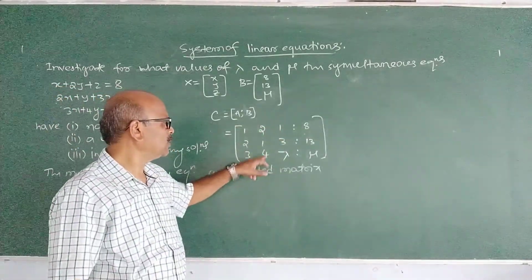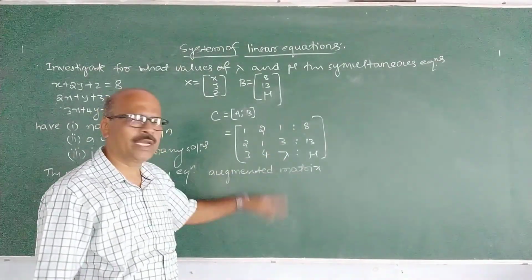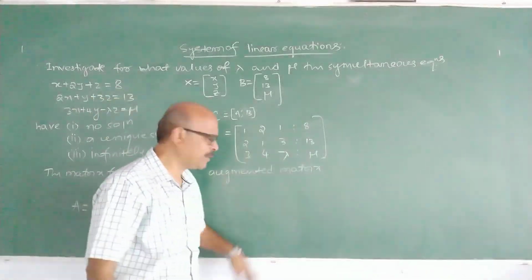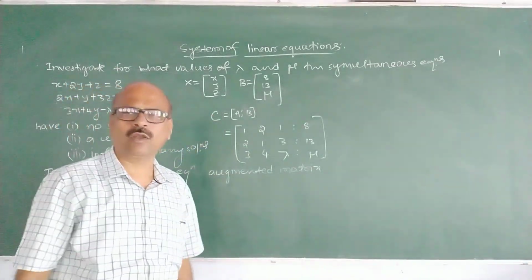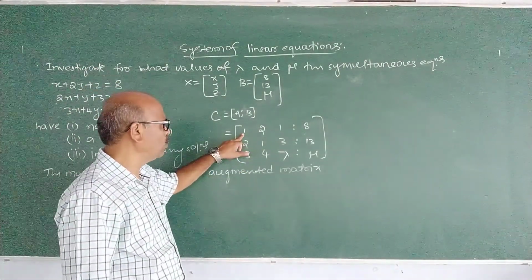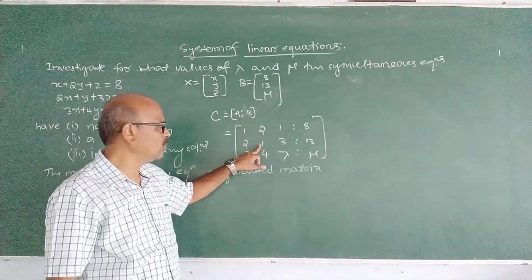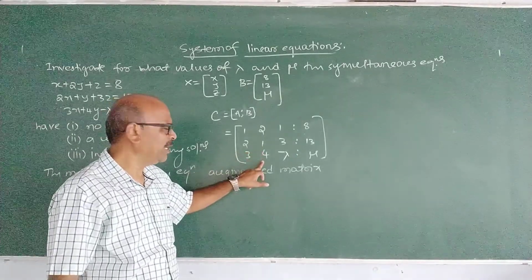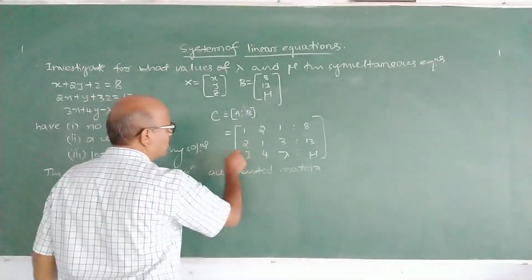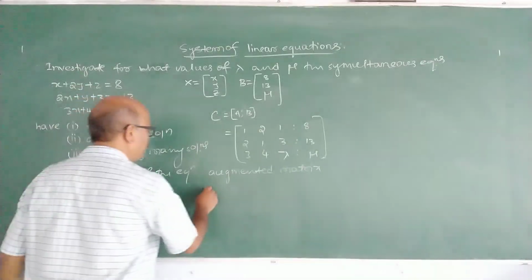To find the rank, we reduce the matrix to triangular form, or row reduced echelon form. We have already studied echelon form and how to reduce to it. Now the leading element of the row must be 1 and the remainder of the column must be 0. Then you go to the next element, this must be 1, and the remainder of that column must be 0. That is the procedure. So we reduce to triangular form, or row reduced echelon form.